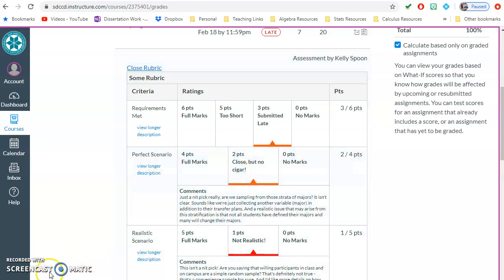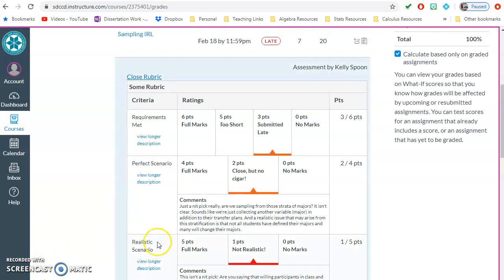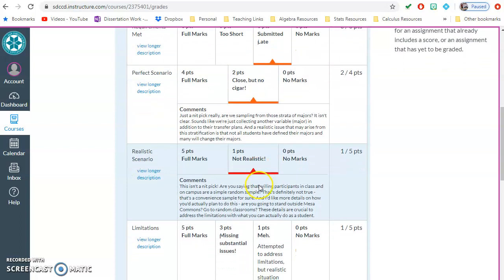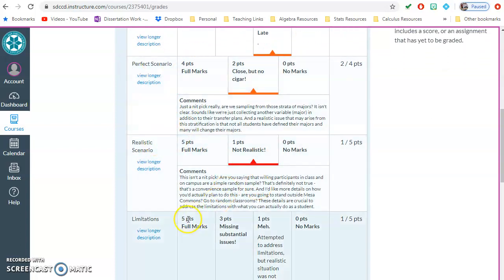And this is why it takes me sometimes a while to grade these, because I'm giving everybody the same amount of feedback, unless it's full marks, so then I don't give you feedback. So I just want to talk about some of the issues I've seen a lot in the perfect scenario, the realistic scenario, and the limitations. Perfect scenario,